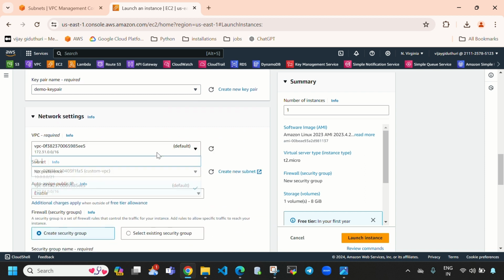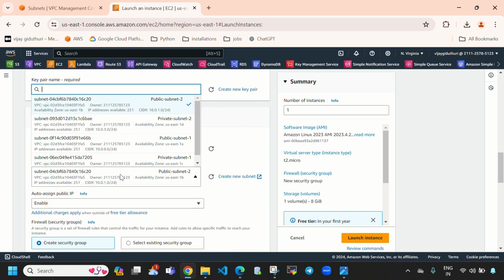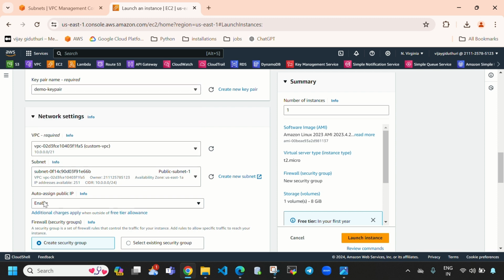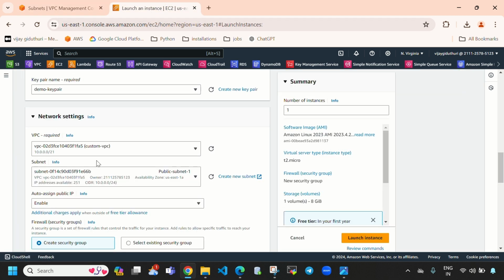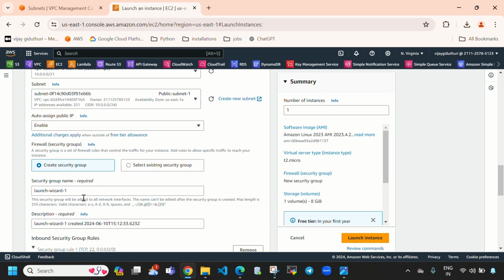Under networking we need to select custom VPC. So now when I select public subnet 2, here you can see it was showing enable. So here you can see we have enabled auto-assign public IPv4 address for public subnet 1 and public subnet 2. So this is how you can do this.